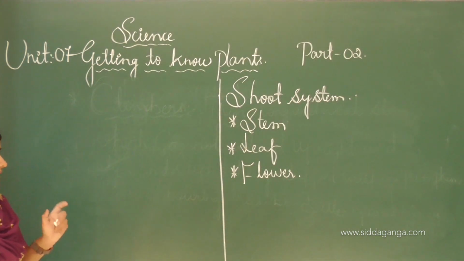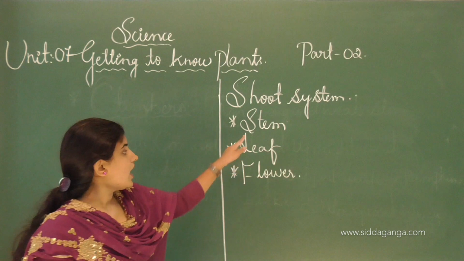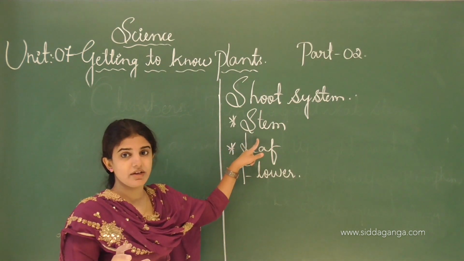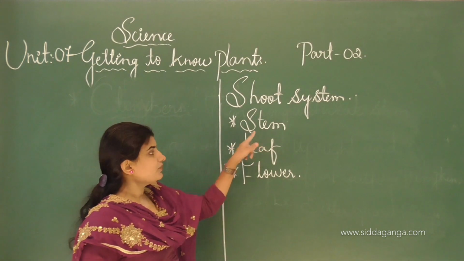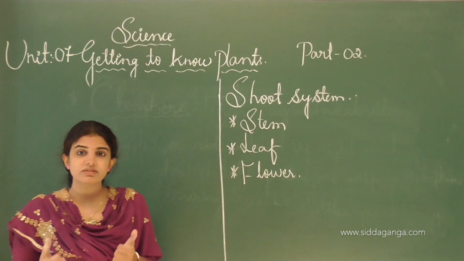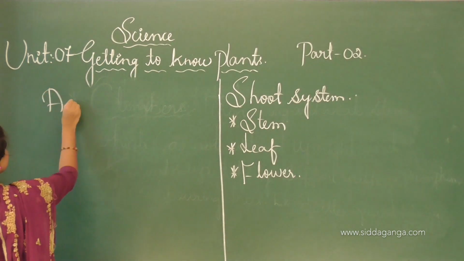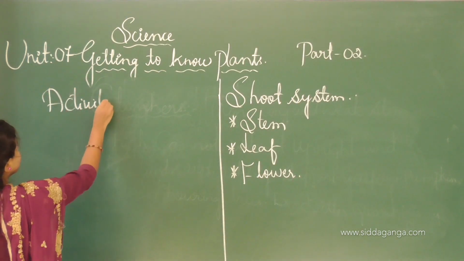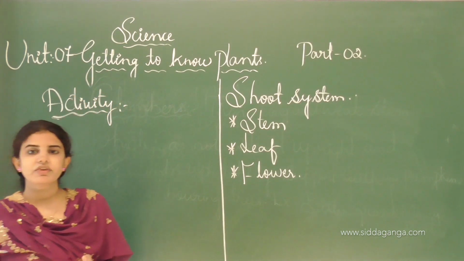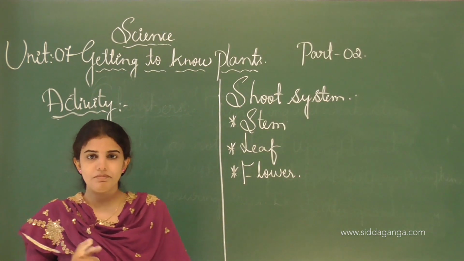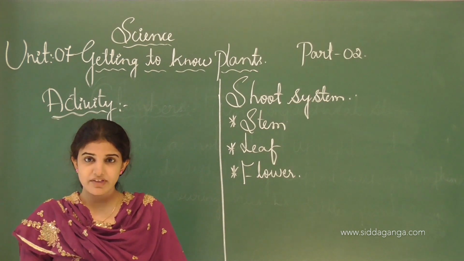In this way we can categorize plants according to the height of the stem, like herbs, shrubs as well as trees. Now we will see the function of the stem. There is one activity. In this activity the materials required are one stem of a plant, red color ink as well as